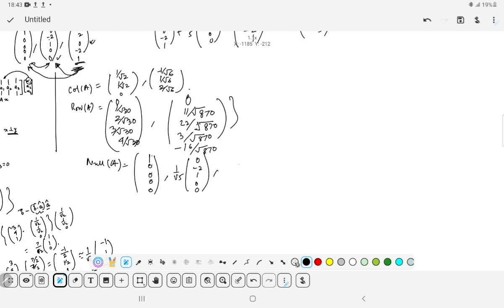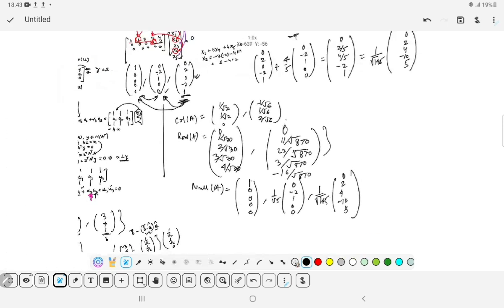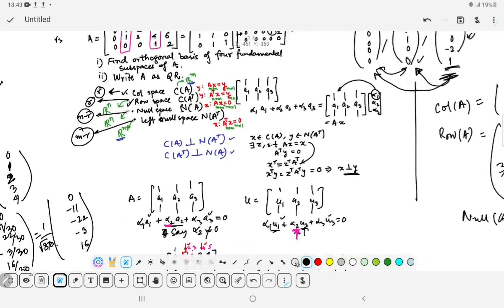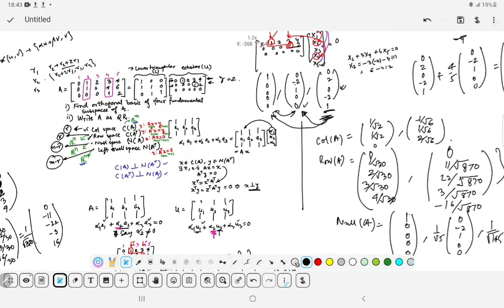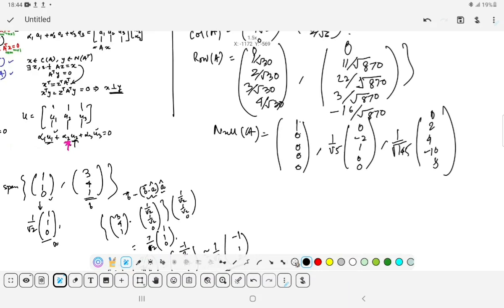So the other vector is 1 by root over 145 into 0 2 4 minus 10 5. And now see what is the dimension of the null space here. I claim that it will be n minus r. Here the n value was 5, 5 minus 2 is 3. Here the dimension is 3, so it is matching. Now the last thing, what is the left